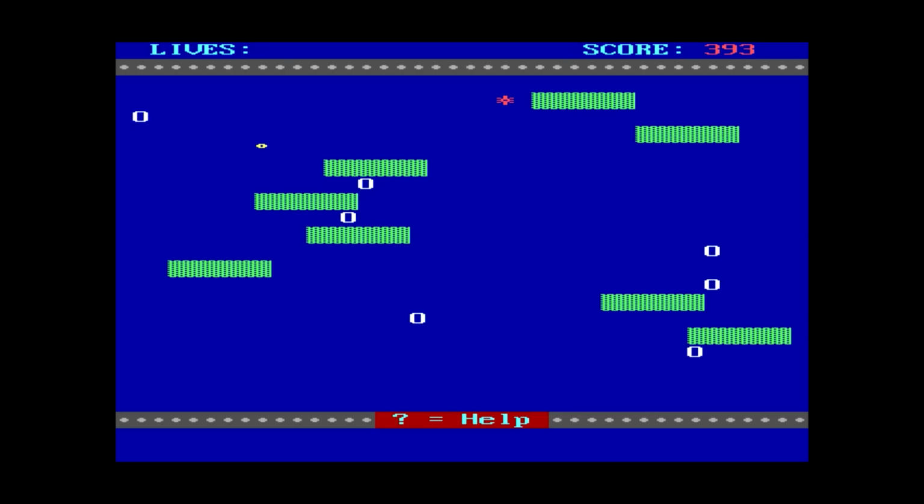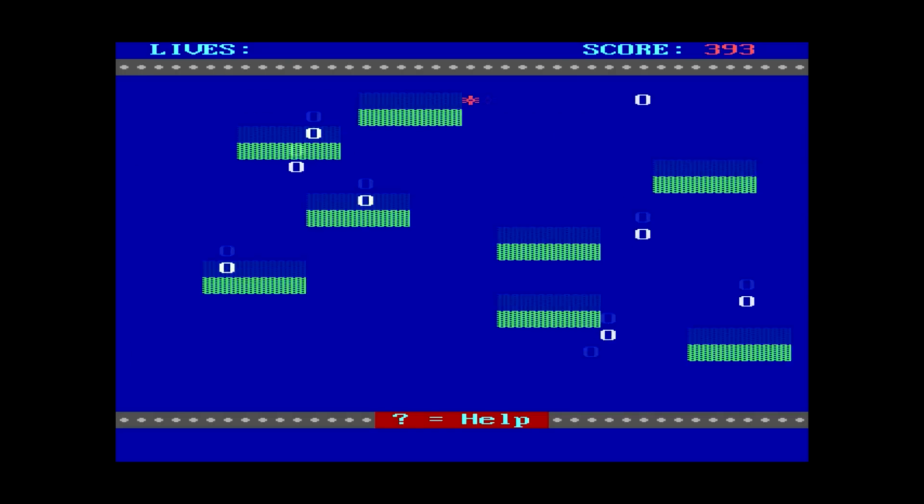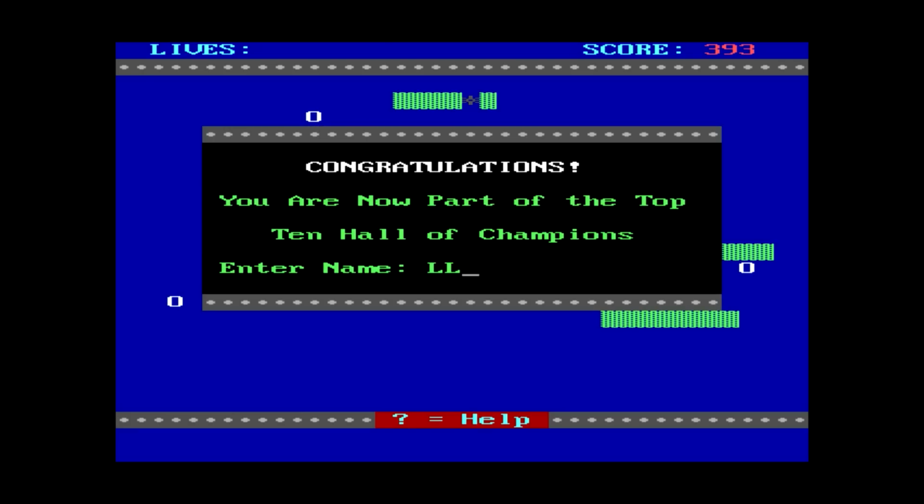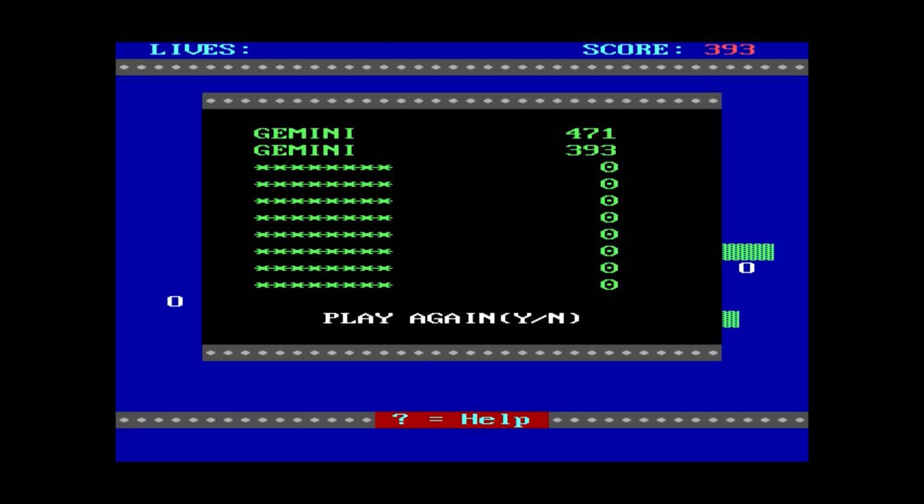Okay, it's not at random. There seems to be a pattern to the speed up, which means that there's something wrong with the math being used to determine how fast it should be going. So that was Jellyfish, a very simple, quick basic game that apparently maybe has a...